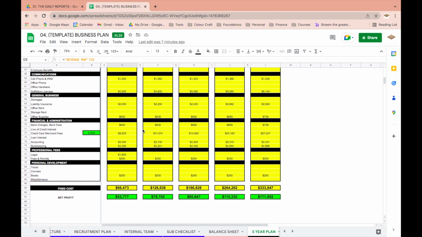I've accounted for inflation, but maybe my first year in business, I'll make 53 grand net profit, then it jumps to 78, then 90, then 110, then 171, right? So that's about a 17% net profit on a $1 million business. And I've done this business. I've hit these numbers already in my life, so they're pretty accurate. At the end of the day, it's all about just executing the business plan.